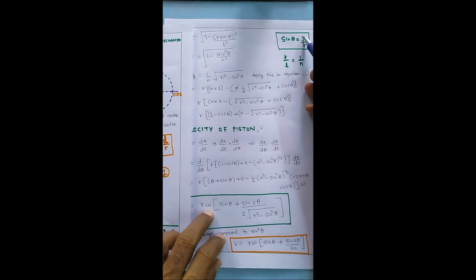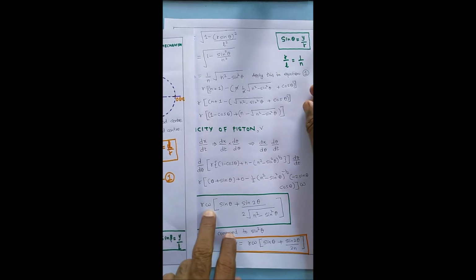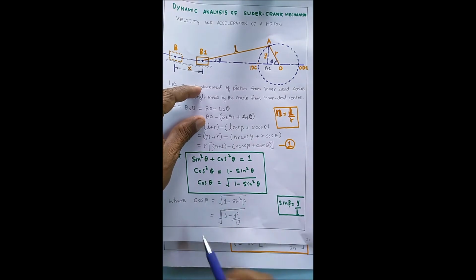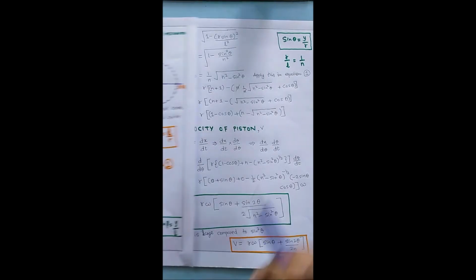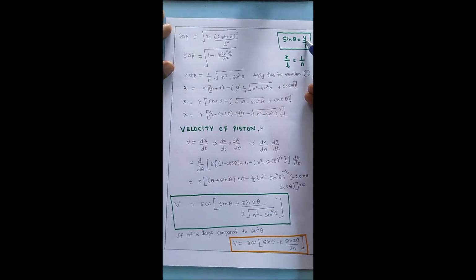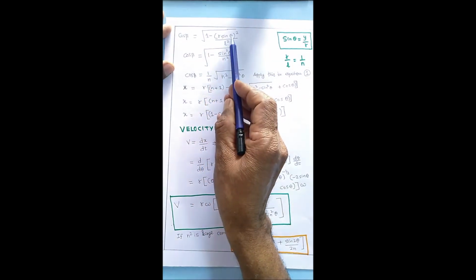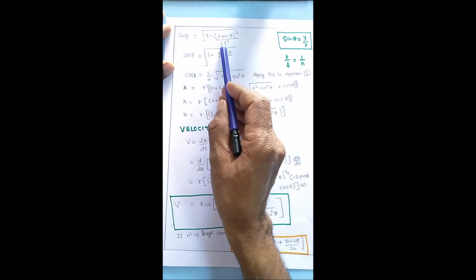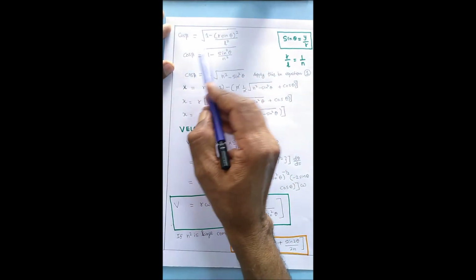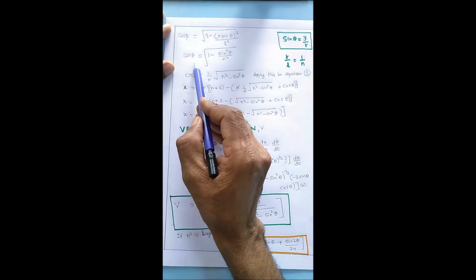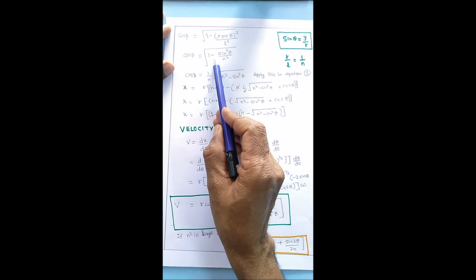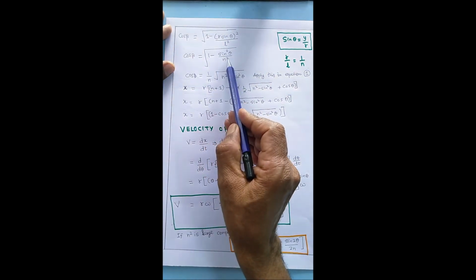So this is sin theta is equal to y by r. The previous step is cos beta is equal to root of 1 minus y square divided by L square. Here y is equal to sin theta into r, so y square is equal to (r sin theta) whole square. That is 1 minus (r sin theta) whole square, where we are putting r sin theta instead of y, divided by L square. So cos beta is equal to root of 1 minus sin square theta divided by n square.